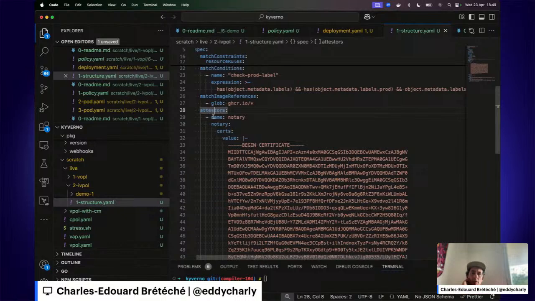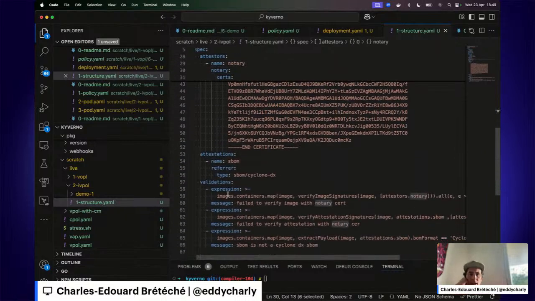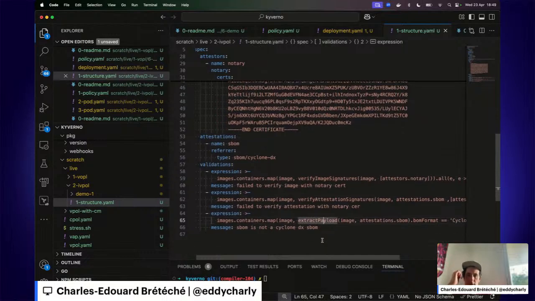In this case, we support notary and cosign. And we have validations that are used to verify image signatures, verify attestations, and things like this.